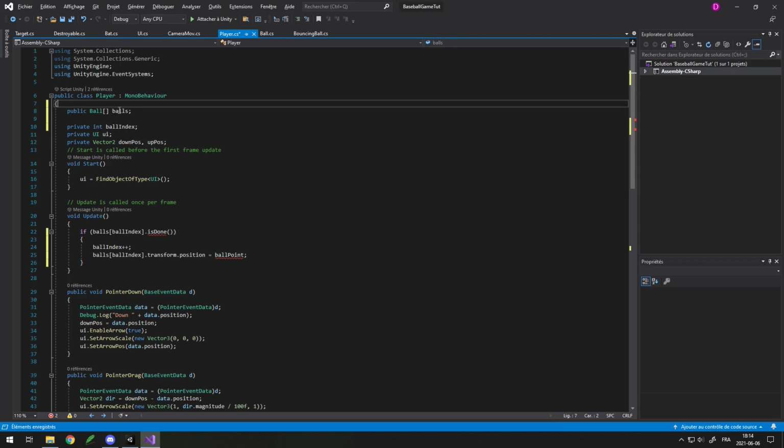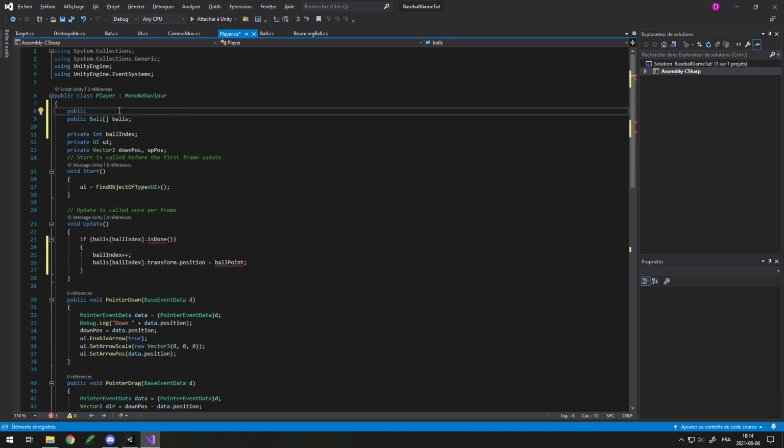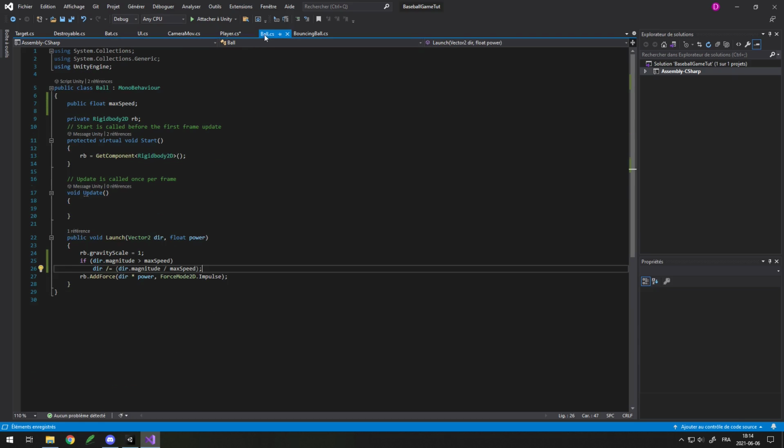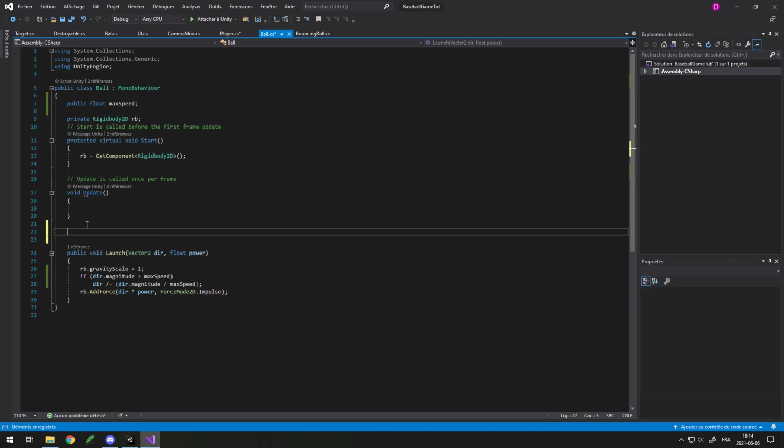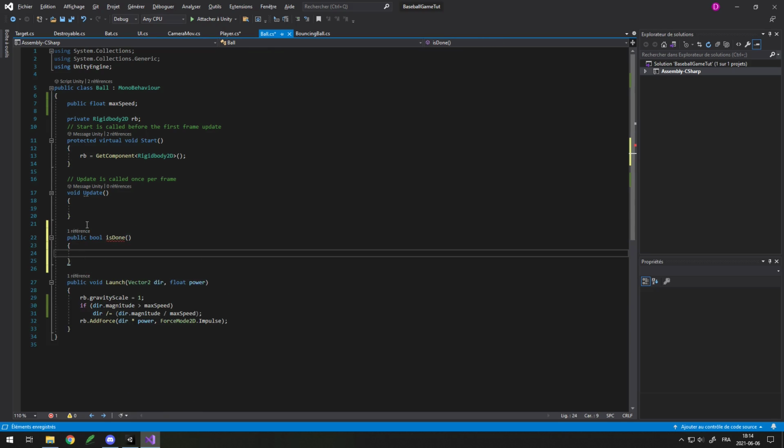So here I'll just do Vector3 ball point, and we're gonna set it in the editor. Now for the ball is done, I'll simply go in my ball, add a public bool is done, and inside we simply have to return rigidbody dot velocity dot magnitude is less than 0.01, let's say. So if we're going really slow, or just 0.1. So if we're going at less than 0.1, or if our